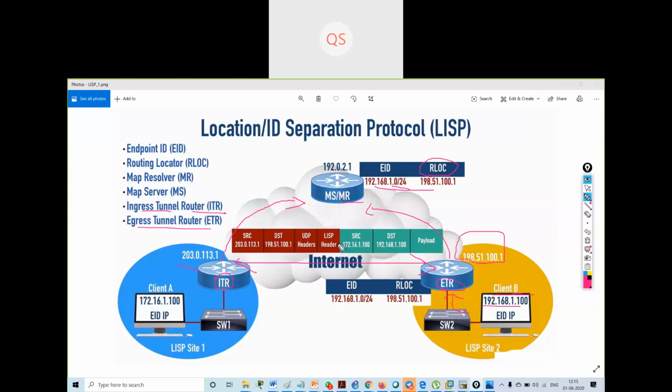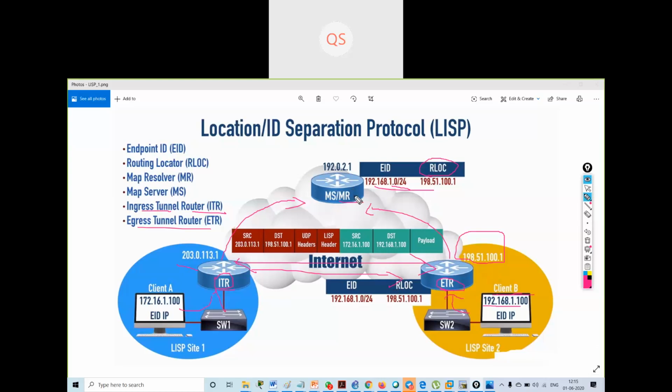Now what happens, client A goes up to the RLOC router, or you can say RLOC at the IP address. The client will directly go to the ITR router at Lisp site 1, and it is going to send the traffic over the RLOC that it was told to go by the resolver.